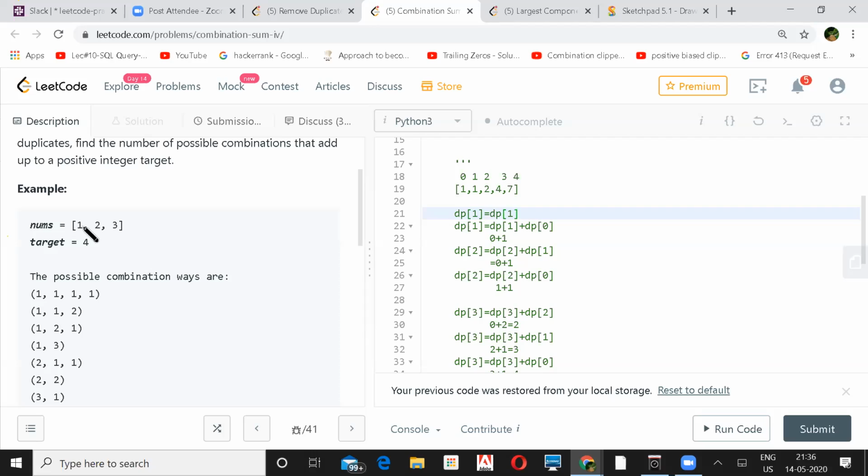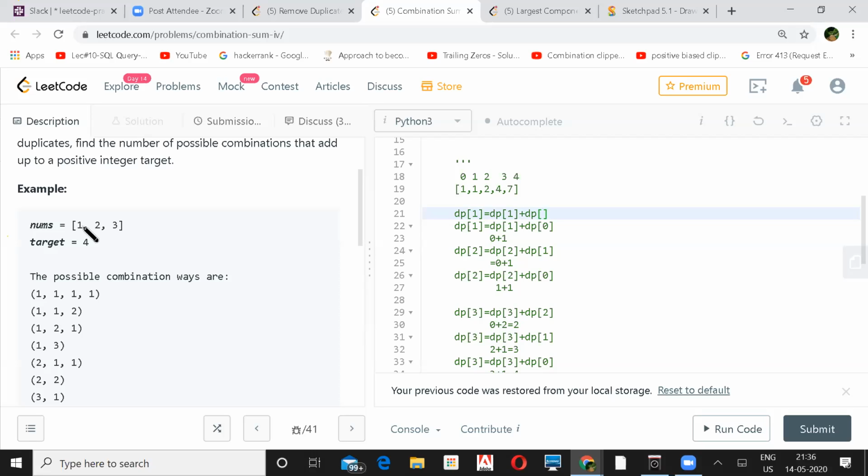Well, actually, he's trying to see the value you already have, right? DP of 1, whatever you are trying to find, that value is currently 0. Correct? So I'm giving 0. I'm not giving any importance to the initial value. He's just written it explicitly, but here it is nothing.